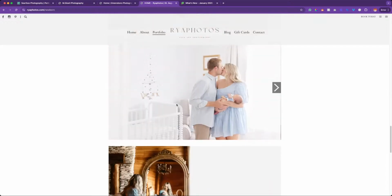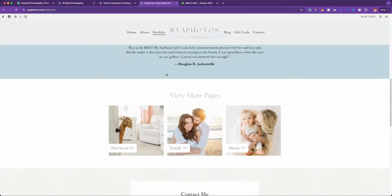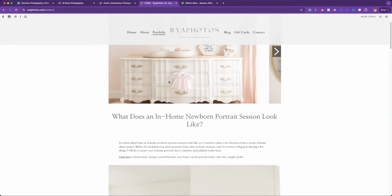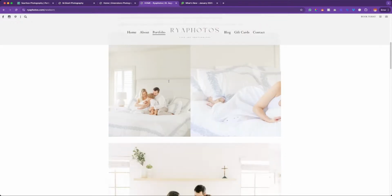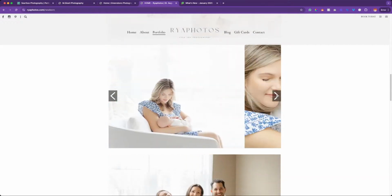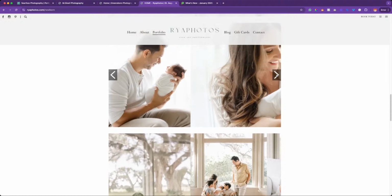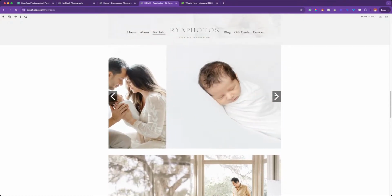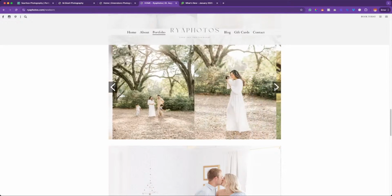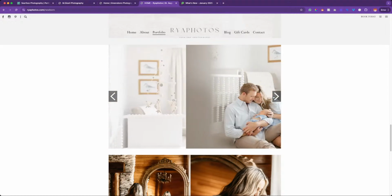We got a lot of rotating banners in this section. So what I'm thinking about is, since this page is very straightforward, when we come here, I'm guessing newborn is a really big primary focus for you. When I'm looking at that, I like how this is designed, and I'm wondering how this works. I'm wondering if the slideshow is the best effect to show off all the photos. I think it's really unique because you're showing off each family's individual aspects of it. I'm just wondering how that works for users. Do they know to come here to review it this way? I would be curious about that,